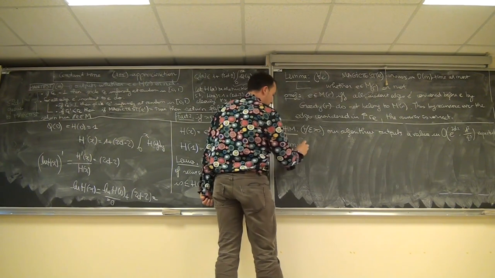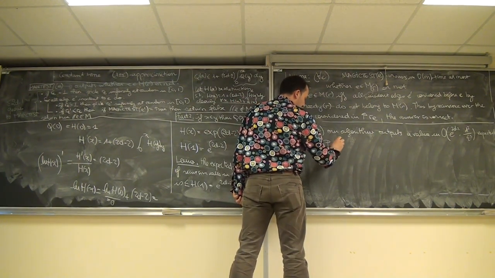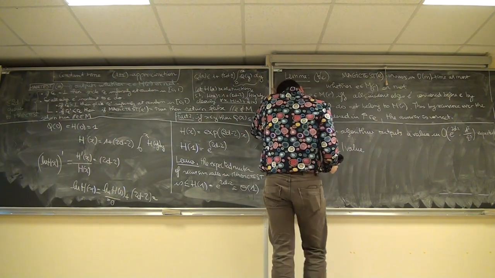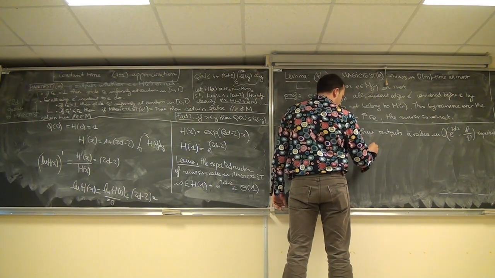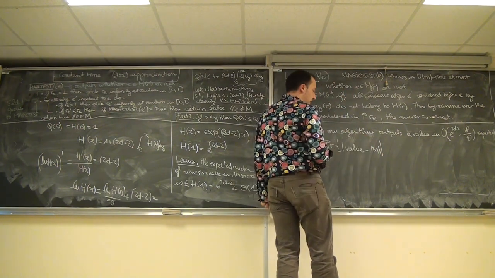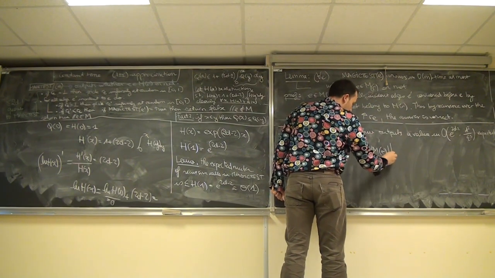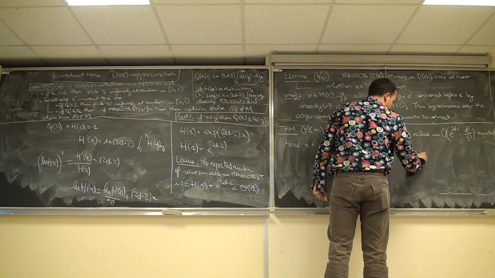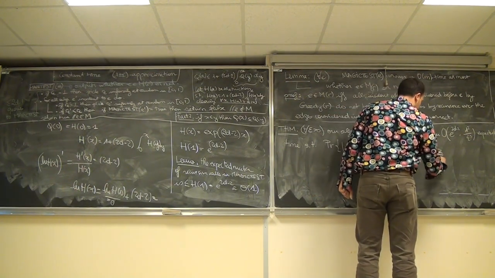So in big O expected time, it outputs a value such that the probability that the value is close to some matching, let's say m of r, within epsilon times the size of m of r, is at least 2/3.